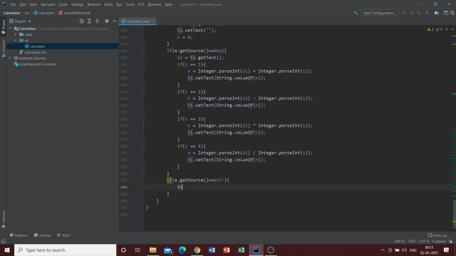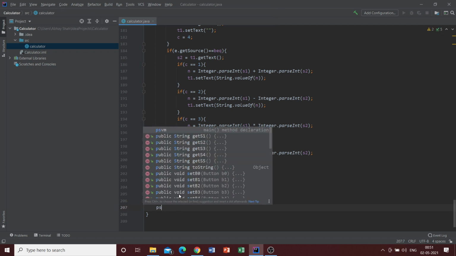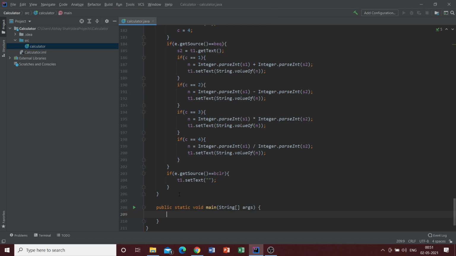So t1.setText, and we just want to set the text back to nothing, right, to the default state. So it's just going to be nothing here, correct? Once this is done, we can exit our constructor, and we just write the main method, psvm, and just write